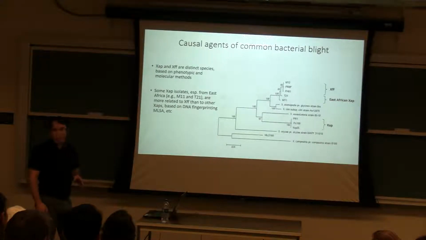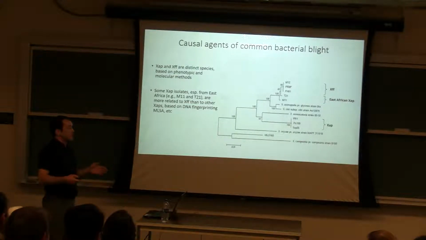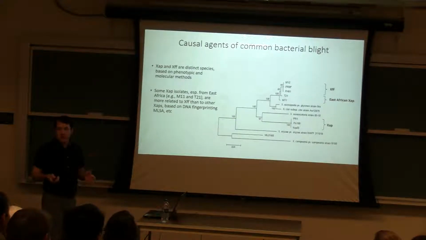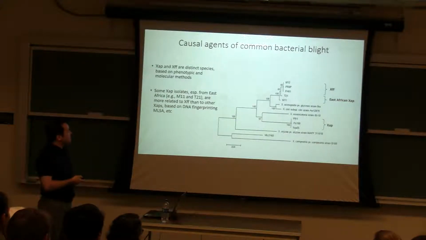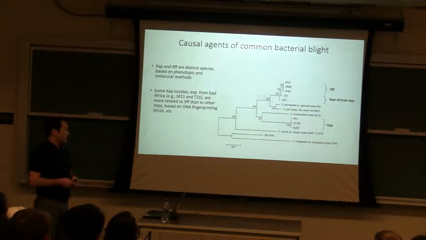Fuscans used to be considered a variant of Phaseoli. No one wanted to elevate it to species level based on pigment production, or at least that didn't hold up. It keeps getting switched back and forth. But when you look at the molecular data, it really is a distinct species, right? So Fuscans is up here. These three strains are my representative Fuscans. These three are representative Phaseoli, right? This is a multi-locus sequence alignment based on housekeeping genes. So yes, distinct species within this Xanthomonas axonopodis clade, which has a ton of pathovars that have been separated out into species,